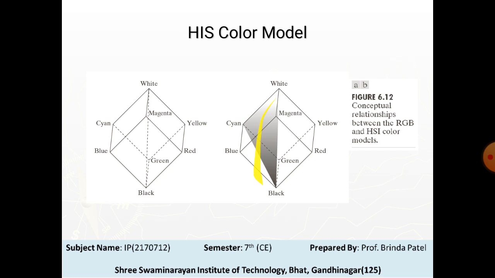To see how hue can also be determined from a given RGB point, consider the figure which shows the plane defined by three points: black, white and cyan. The fact that the black and white points are contained in the plane tells us that the intensity axis is also contained in the plane. We see that all points contained in the plane segment defined by the intensity axis and the boundaries of the cube have the same hue.